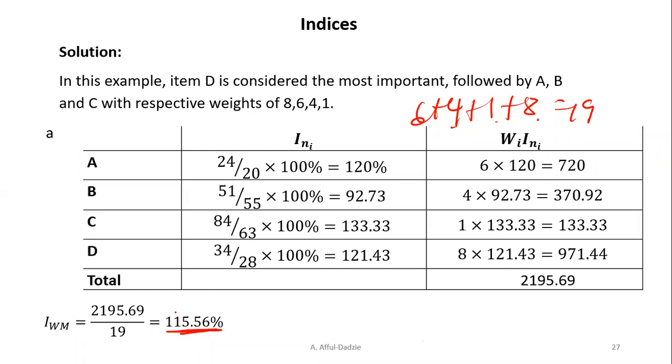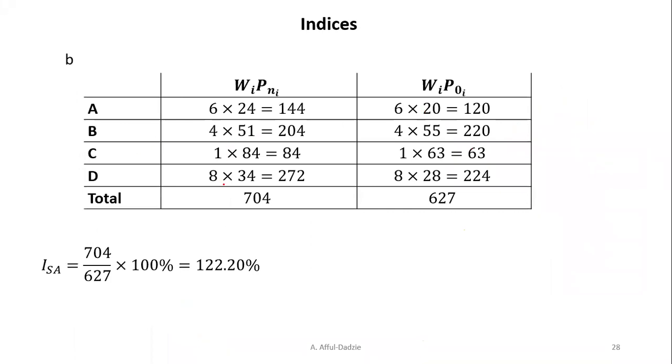115.56. Okay, so this gives us a better reflection of what is happening, because now it has been able to attach weights, and those that have performed well have been given some weights attributable to their performance. In the case of the weighted simple aggregates, what we do is